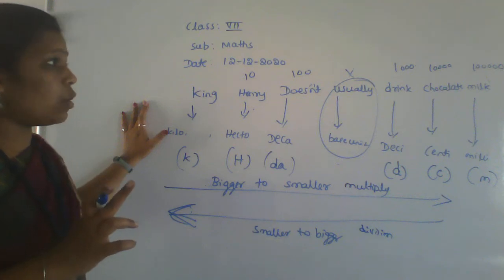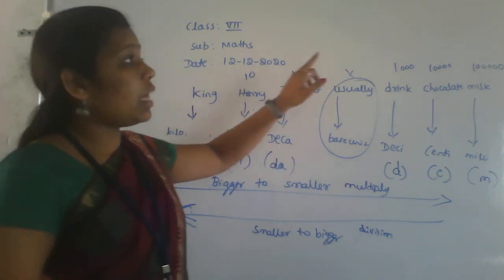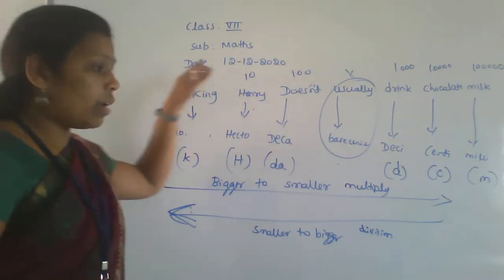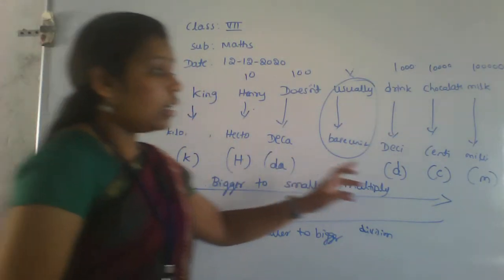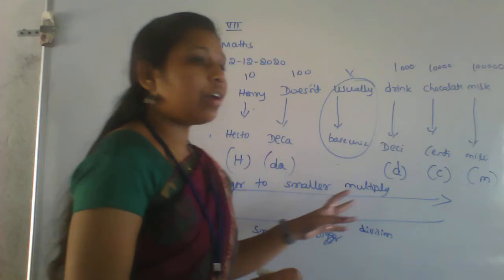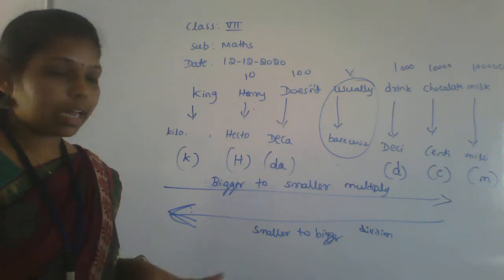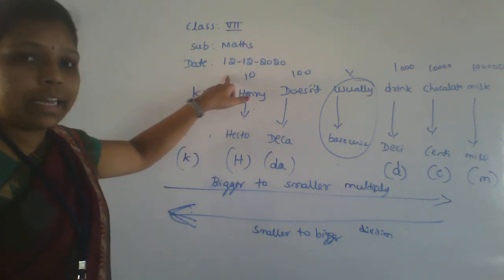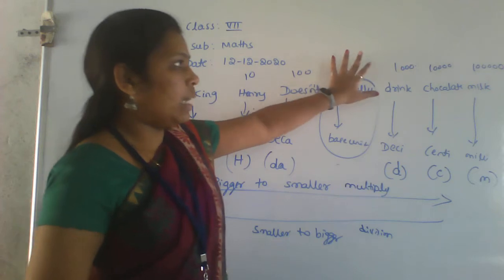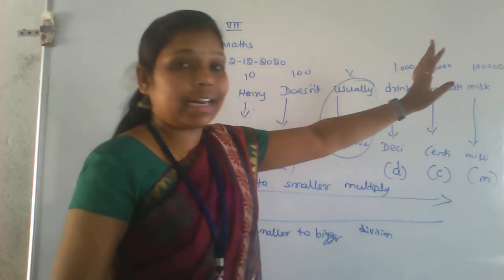1 kilogram is equal to 1 lakh milligram. Okay, you have to multiply with the 1 lakh value. If you are converting milligram to kilogram, you have to divide with the 1 lakh value. See here properly. Here 10, here 100. Leave this one. This is 1000, 10,000. Next one is the 1 lakh value.